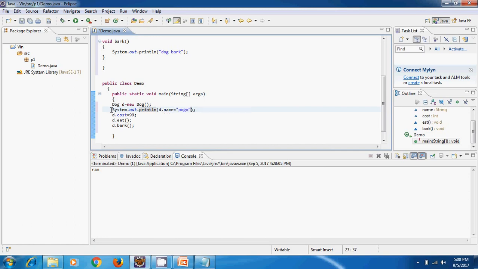Will it work? Yeah, I think it will work. System.out.println cost. Okay, System.out.println, sorry, d.eat.